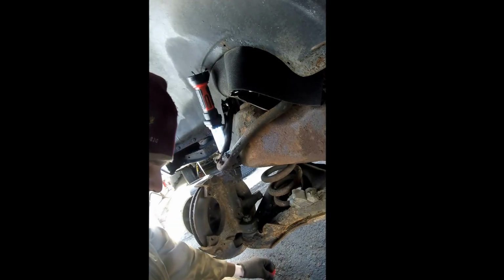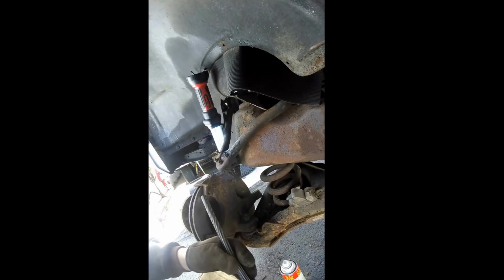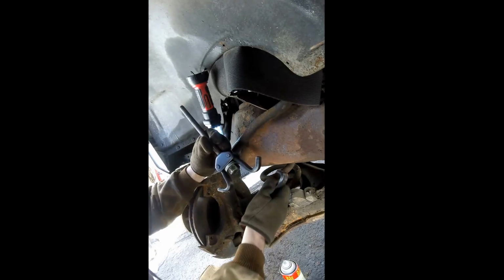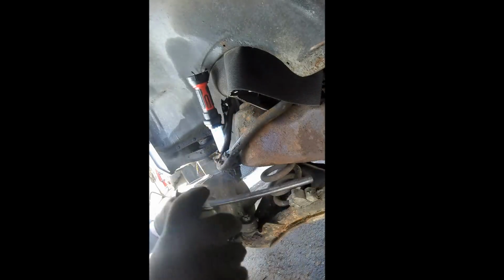Okay guys, next step up is to install the coil spring compressor. This is a KD Tools unit, and it is actually supposed to be for a little bit smaller springs, but it works. It does compress it. With these springs, there's a gauge you can put on it, and this is a little less. This isn't 100% sufficient, but I'm going to also wrap a chain around the coil spring to, if there is any kind of problems. So what you do with this, first of all, just give it a light coat of WD. You want these threads to be somewhat lubricated,